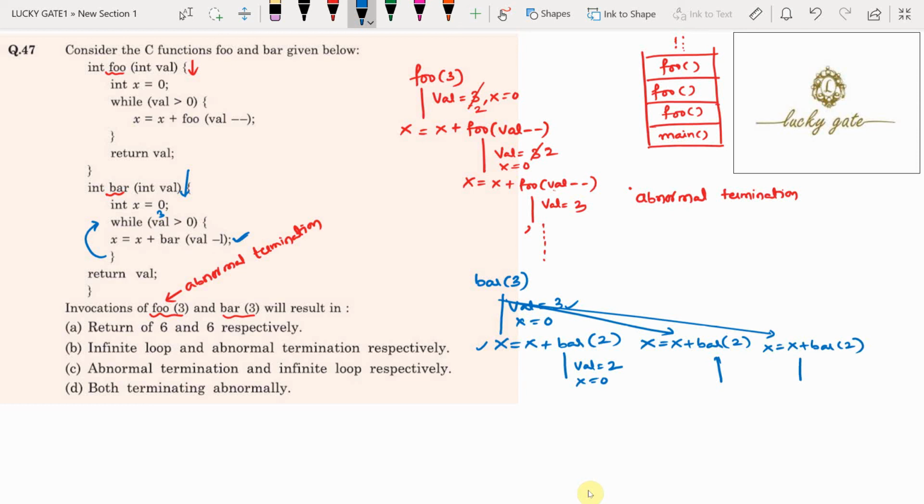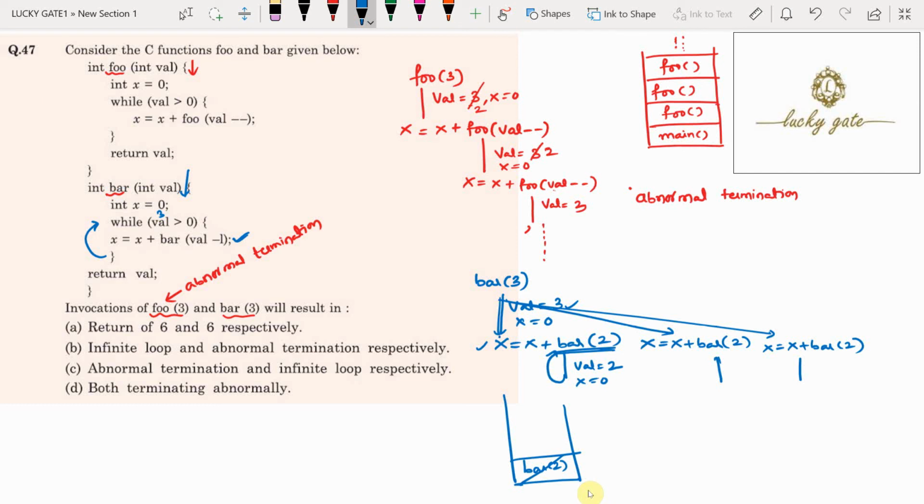Now observe friends, as soon as it is calling the bar of 2 function, in the stack memory it is going to create one activation record. After it is returning from bar of 2, then one activation record is popped off, because the while loop is repeating for an infinite number of times.